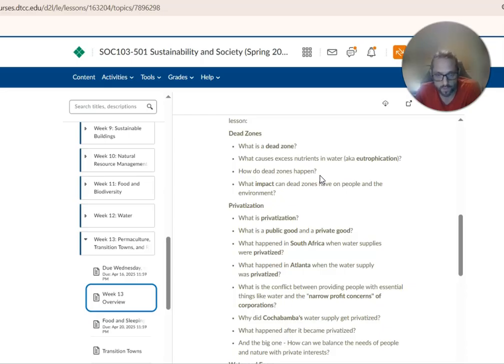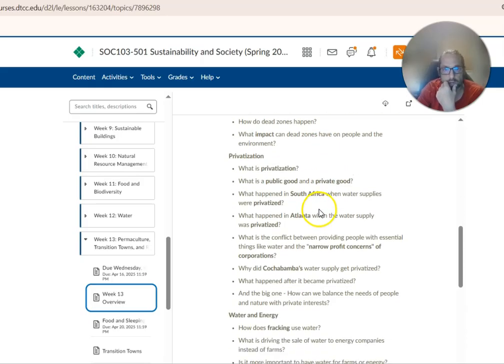It's a seasonal thing. It happens like late summer. And if you think about the timing of that, that's when the agricultural runoff has had the time to make its way down there. If you think about peak season in farming, it's going to be in the mid to late summer, and that's when you get these dead zones. So this is not just a Louisiana or United States problem. There's dead zones all over the world. There's dead zones in other parts of the United States. So this is a really big problem that causes billions of dollars in lost revenue from especially fishing, but also recreational fishing and so forth.